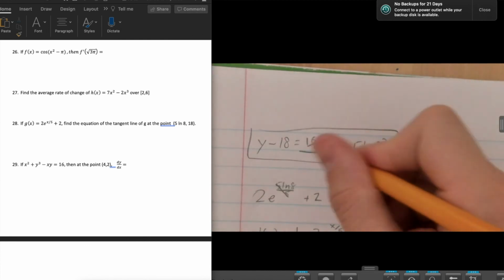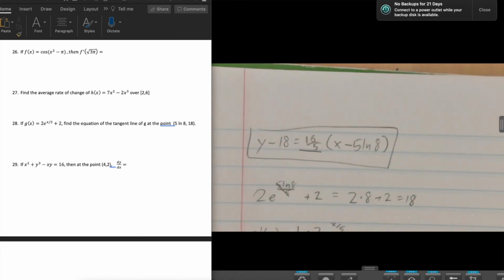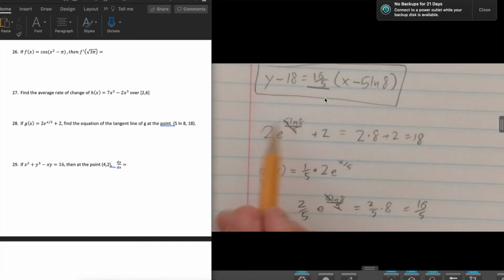Now, you might have to distribute the 16 over 5, and you might have to move the 18 to the other side, depending on what your answer choices look like. But hopefully you see, I know it's not fun when ln and e's show up, but if that's true, try to review those skills again. Maybe look at some other